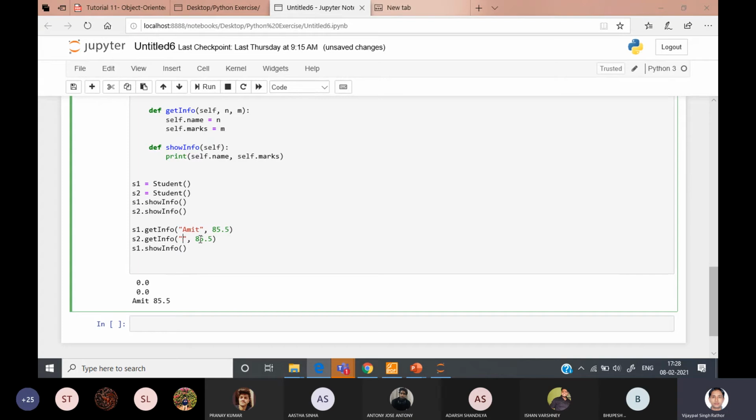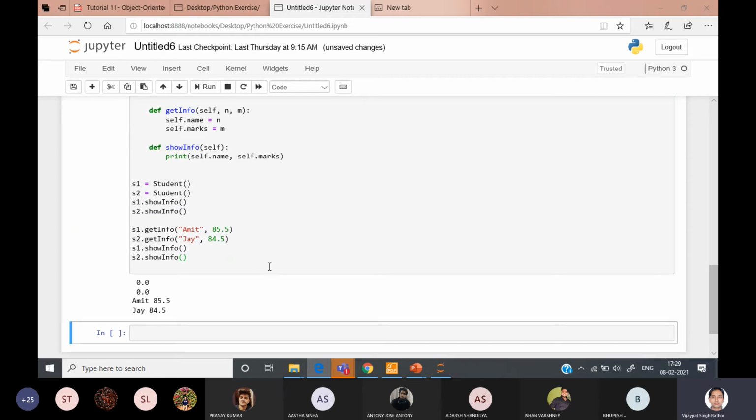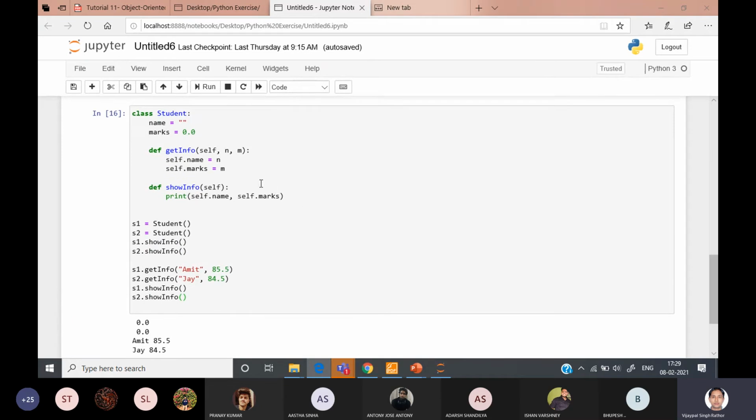So here I am writing S2 dot show information, it will show the value of S2, so you can see. Is it okay? So different kinds of objects you can create. Similarly, you can create a third, a fourth, by specifying different values. The use of object-oriented programming is very effective while storing the information of different kinds of variables in a group. How can we store the information in one single group? That was not possible earlier, but here you can do it easily.